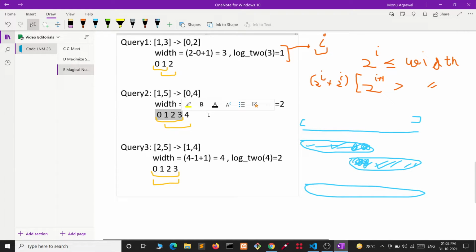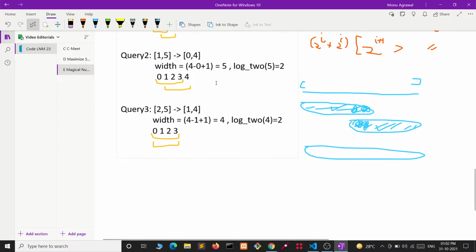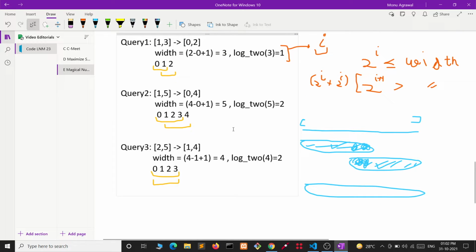This is segment 1, having width 4, which is 2 to the power 2, and from the last also we can take this. We can take the answer starting from index 1 and having width 4, and we can take the max of both the answers, and that will bring us the answer which we need for the range specified.